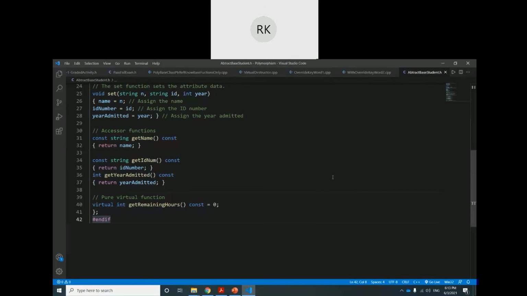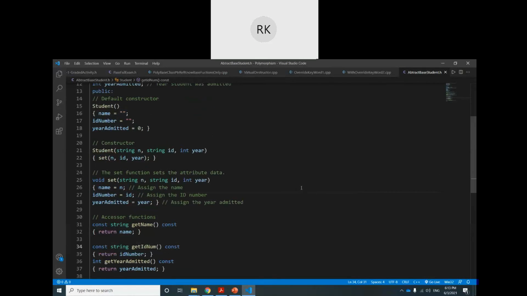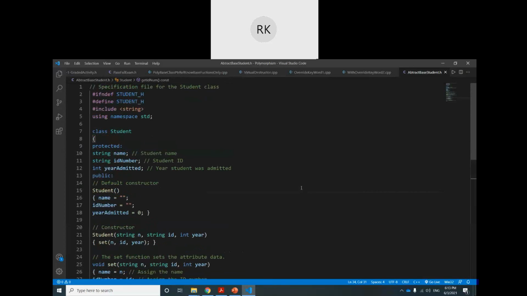Abstract base class dot h. You see here in this abstract base class, as I told you, we use abstract base classes only for the derivation process. We want to derive classes from this; we don't create objects of it. So the only general properties of the object will be in this class.